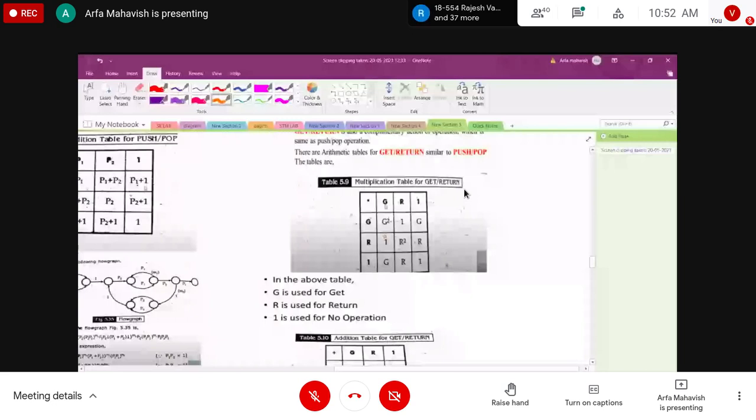So this is the one step we are introducing. So you will get the path power 4 plus G R star, plus G R, G power 2 of R star. You are getting the expression of your question, so get and return reduction. So this is all about the application.